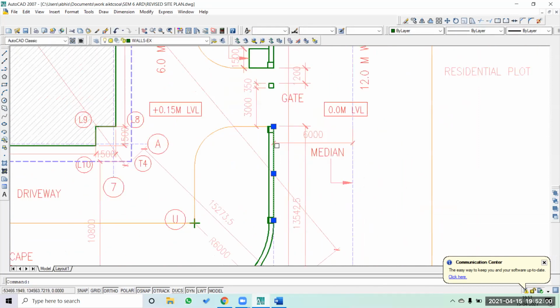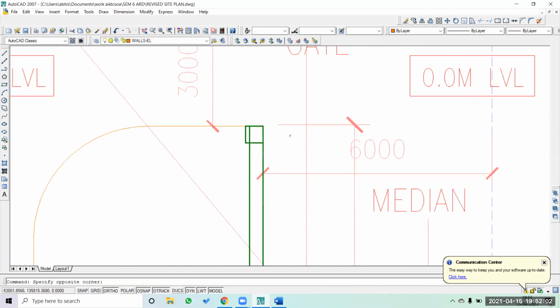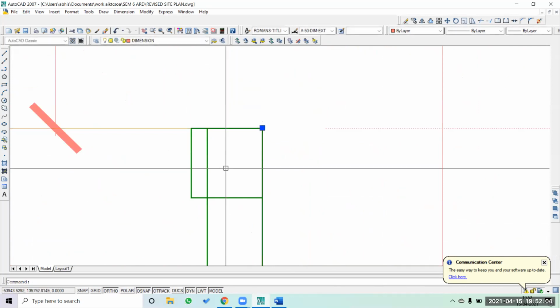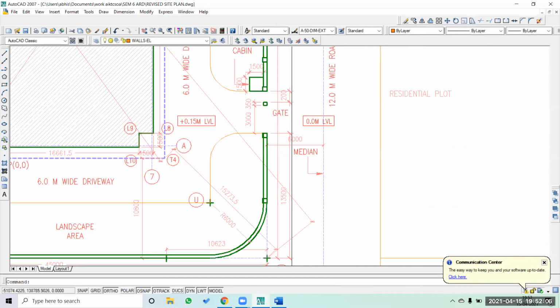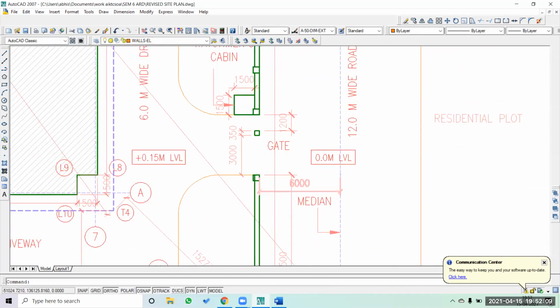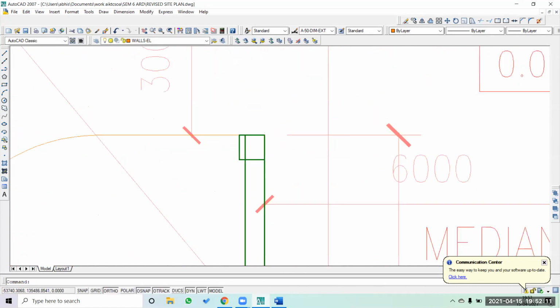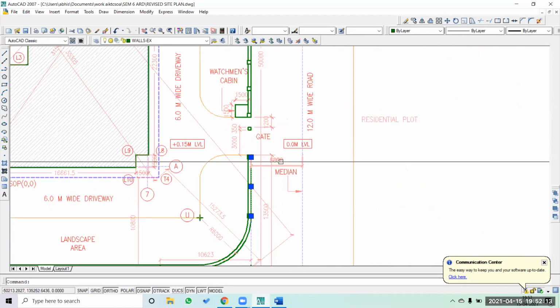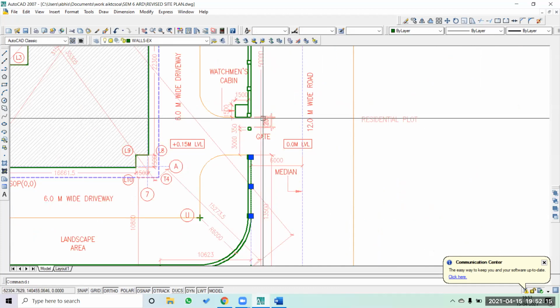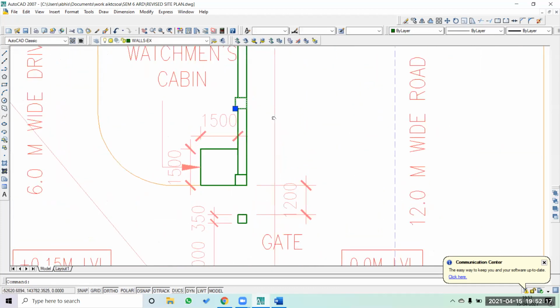Make this line at the center of the pier. It's a little bit outside, always check the dimensions. Now you have to make sure that it is somewhat equally distributed.